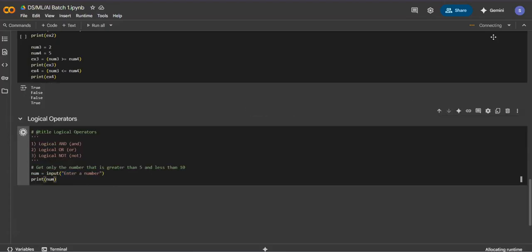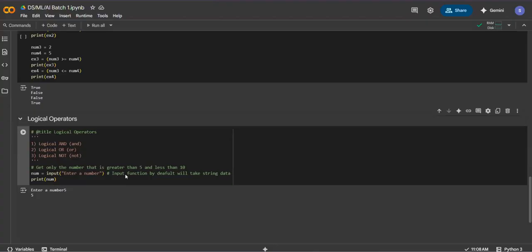Okay, it is taking time to connect. Let it connect. Yes, can you see 'Enter a number'? It is asking. If I enter 5, you can see I'm able to get the value as 5. But we have a problem here. The problem is this input function by default, I'll write the comment here, the input function by default will take